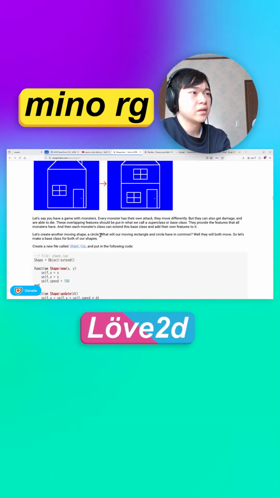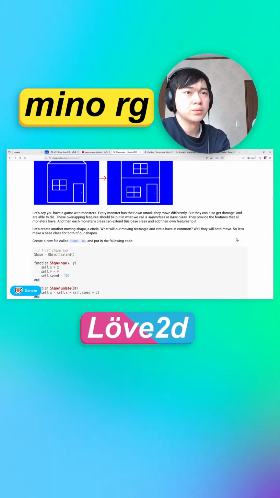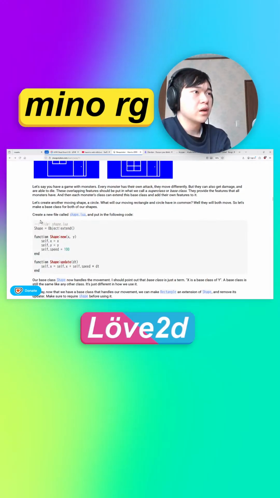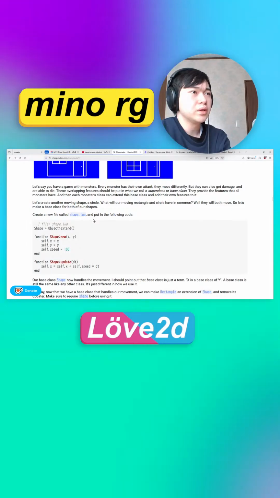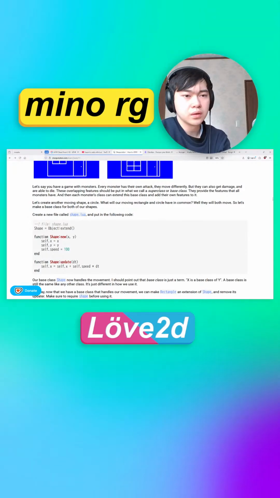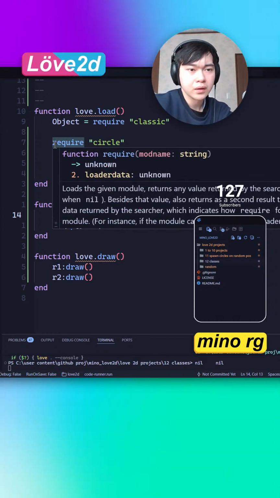Let's create another moving shape, a circle. What do our moving rectangle and circle have in common? Well, they both move. Let's make a base class for both of our shapes. Create a new file called shapes.lua and put in the following code. Okay, so for this, I'm gonna make a new folder. It's gonna be called